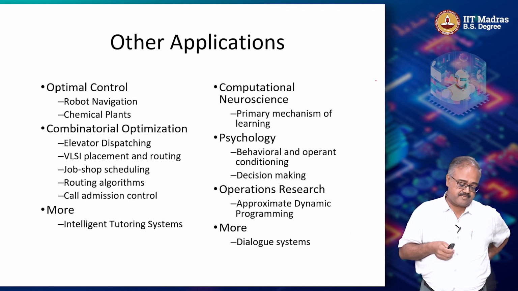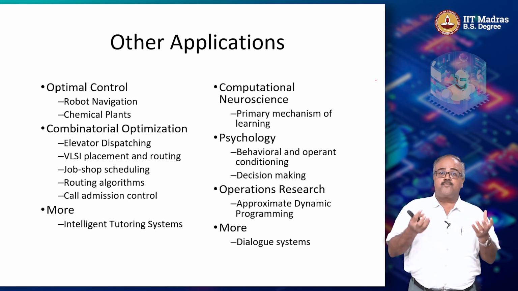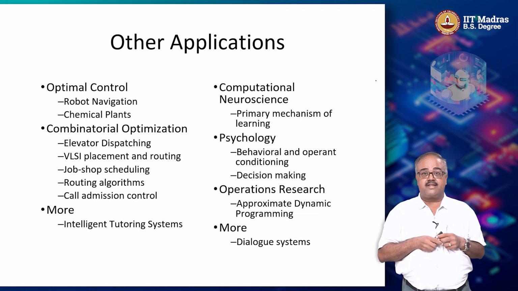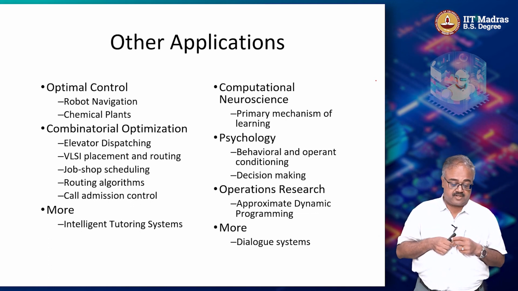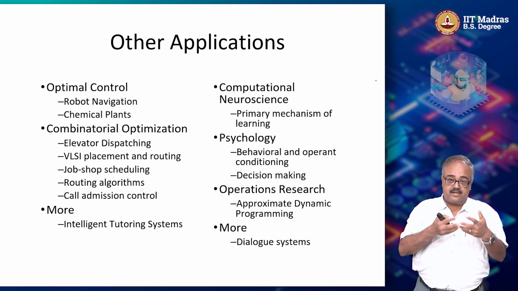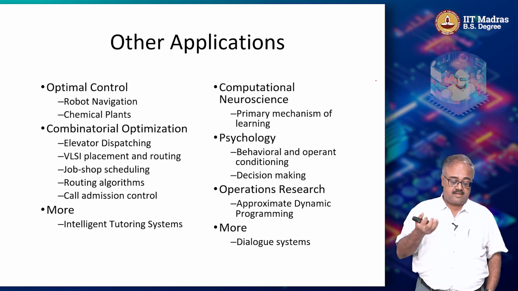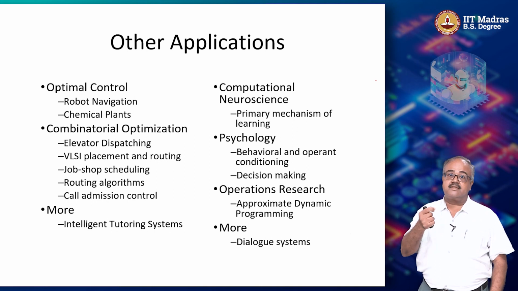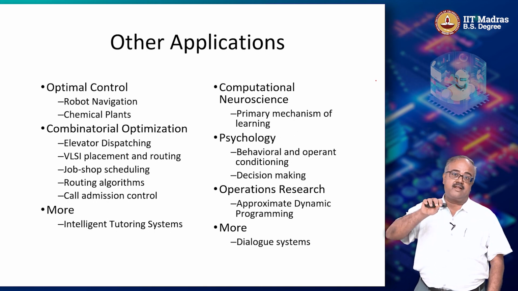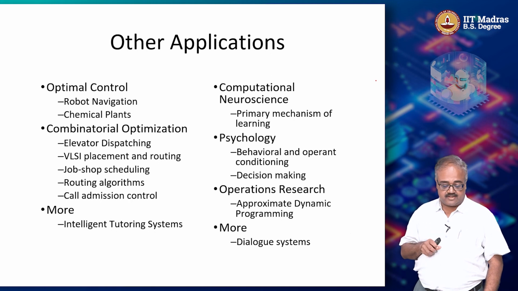So interesting things. And then another class of problems where RL has had significant success and is continuing to grow is in this area called combinatorial optimization, right? So things like scheduling algorithms, routing algorithms, right, and things like call admission control. So when does a cell tower accept a call? When does it drop it? And those kinds of questions, right?